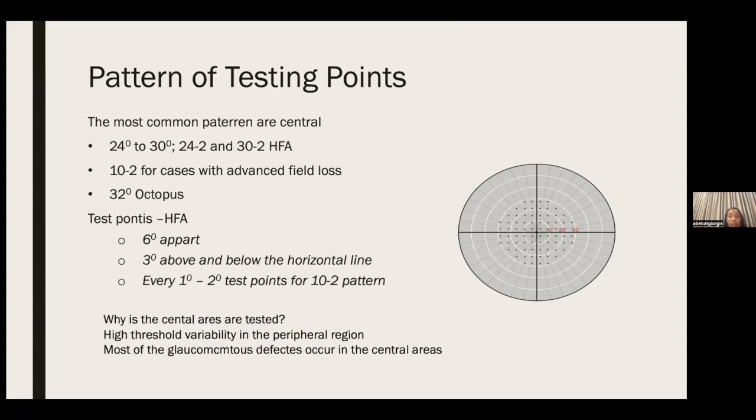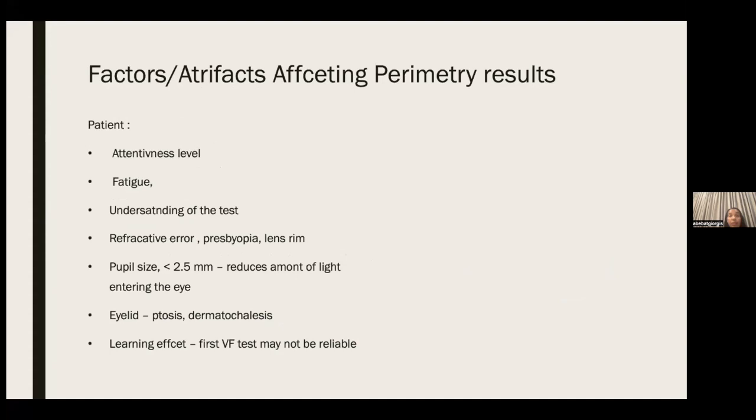So why is the central area tested in glaucoma? Because of the presence of high threshold variability in the peripheral region, and most of the glaucomatous defects occur in the central area. So coming to factors or artifacts affecting perimetry result, patient aspect: inattentiveness, fatigue,